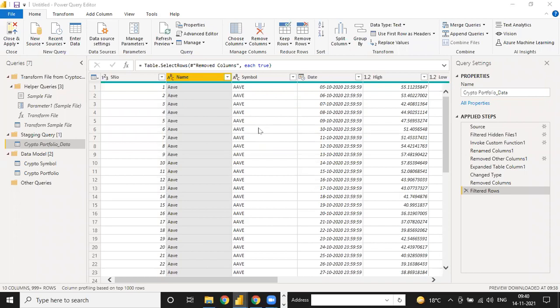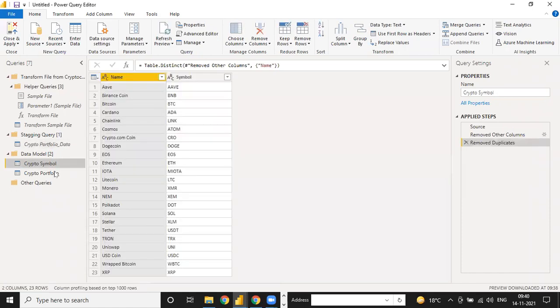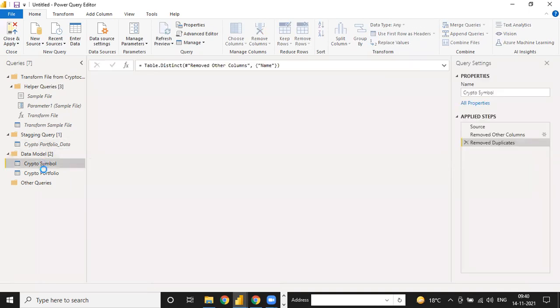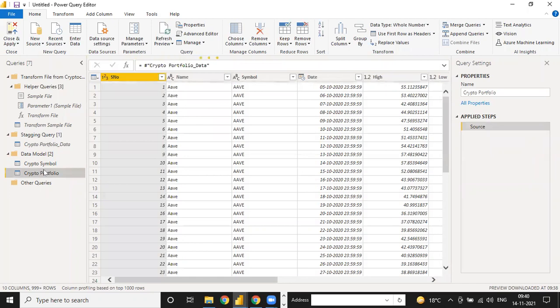Yes. Okay. So suppose if I change anything in my main data, these two files are automatically changed. We don't need to do the task again and again. That is the reason we have to maintain that file in the stacking query and all these files together in the data model. Now we have a very important thing, guys, because in Power BI we have to analyze via date functions or time intelligence functions. In every project we have to use time intelligence.